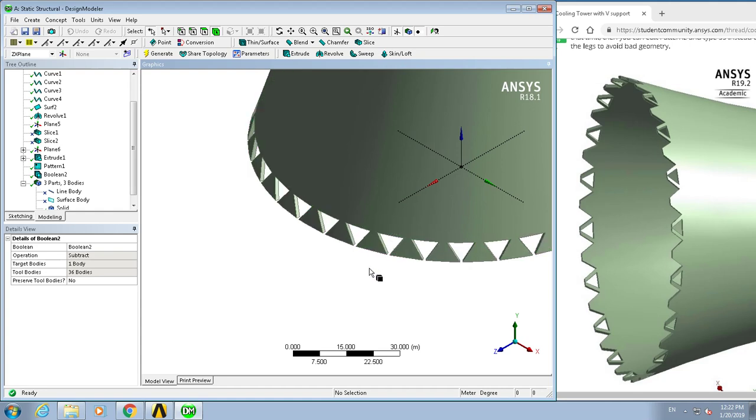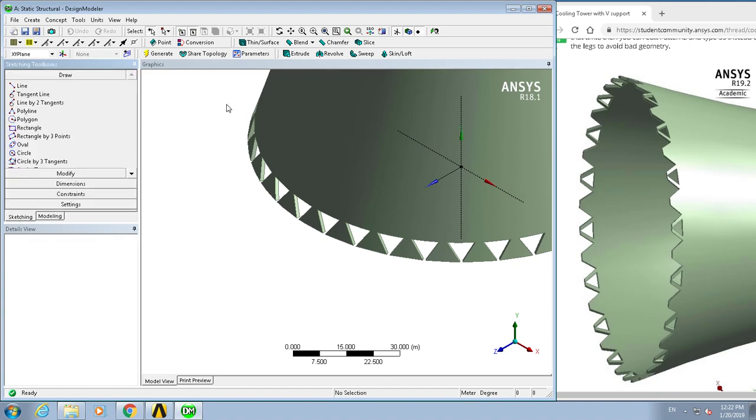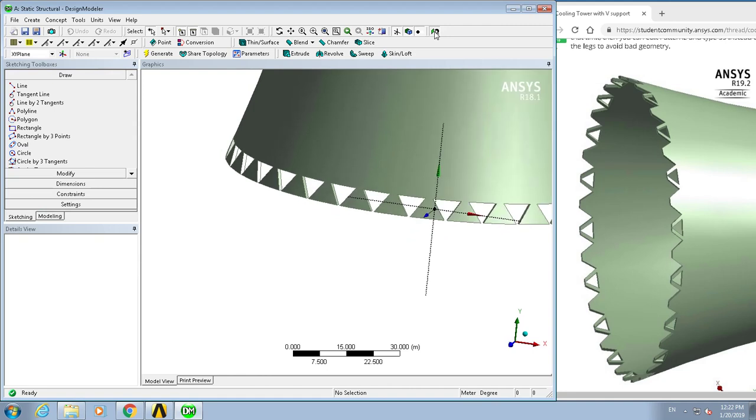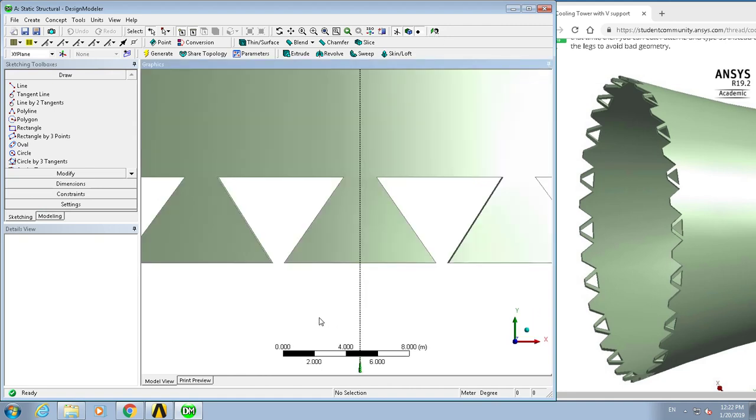one of the other planes, this triangle through the bottom. So the good plane to sketch on, XY is a good plane because that will extrude in the Z direction, and we can cut on that. So let's make a sketch. Let's look at the XY plane and zoom in on this triangle and just draw another 3 lines the same